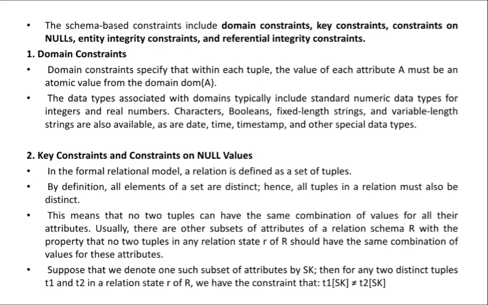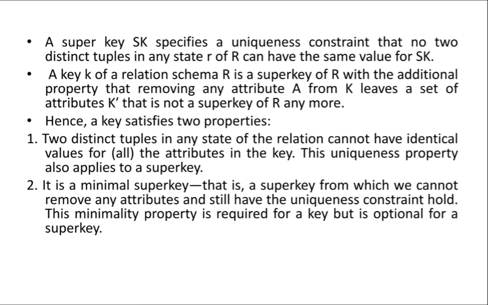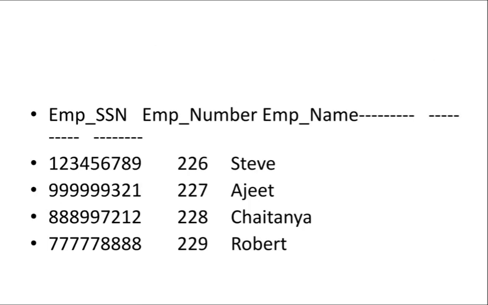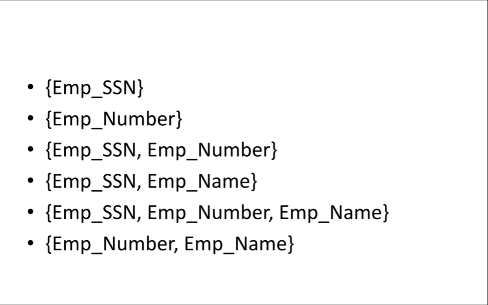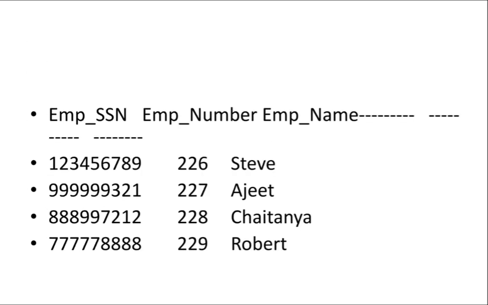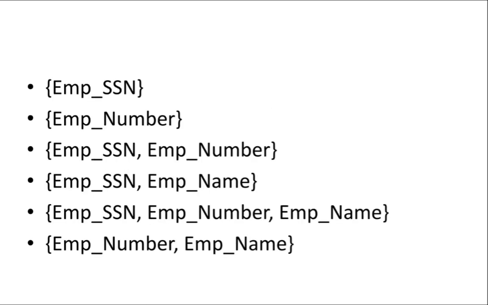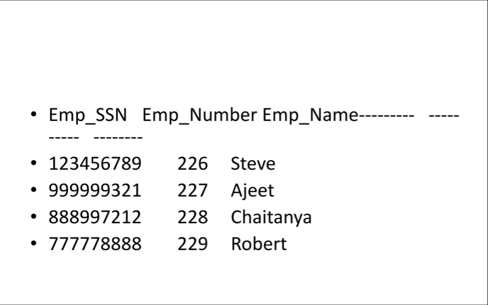I repeat briefly. Super key means it's a set of attributes used to identify individual records. Here you can see these are all the set of super keys. So what you see here, all the values in this particular table are unique. If you take any super key, you can see all the values are unique. But what is the difference between a super key and a key? Key is a minimal super key, because in a super key, even if I remove any of the attributes, I can still identify the record. Here employee name, if I remove employee name also no problem, because this is a super key, I can easily identify the